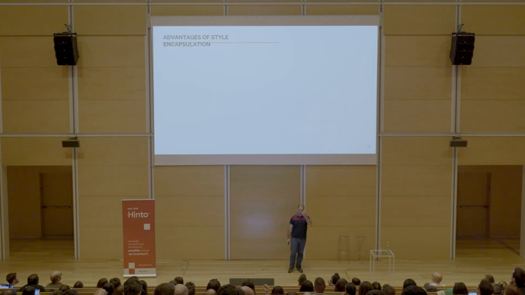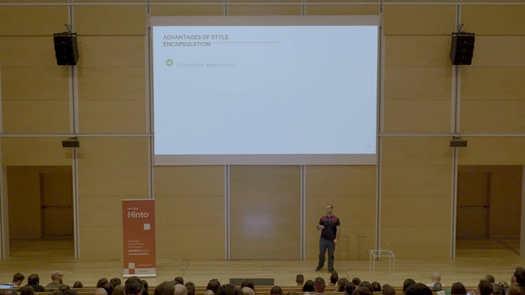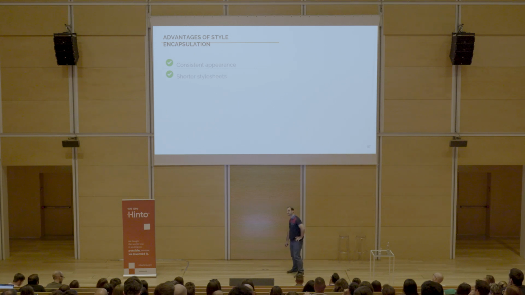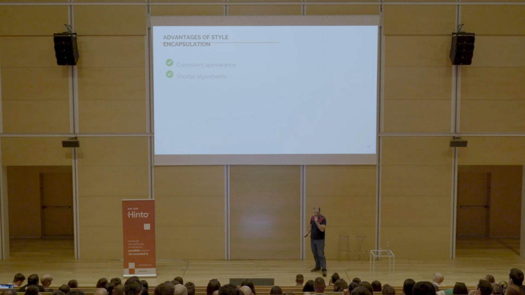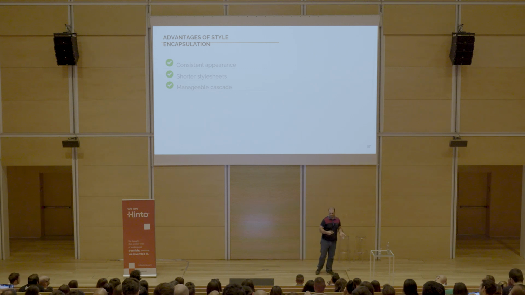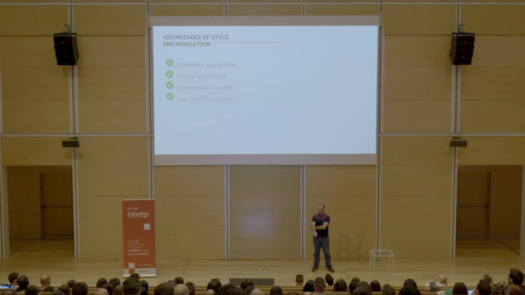So, style encapsulation, why? First of all, we have a consistent appearance, because the style of the shadow tree cannot be influenced by a style sheet full of important modifiers. Then we have shorter style sheets, because for every component you can associate a style sheet, so it is shorter because it has to deal with a shorter DOM. It also means the corresponding cascade is way more manageable. It's like running a model train set instead of the national railroad system. And also we have less need for